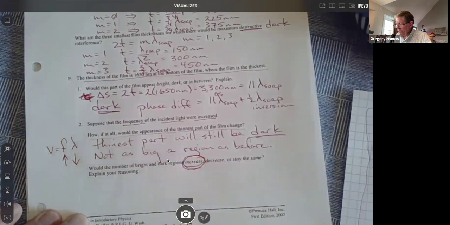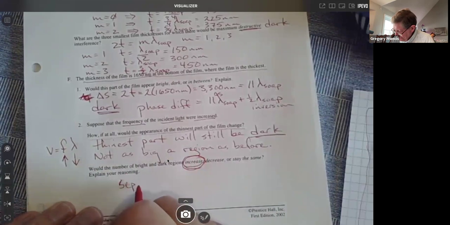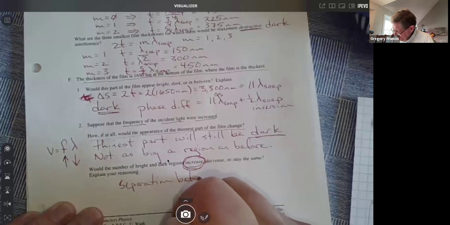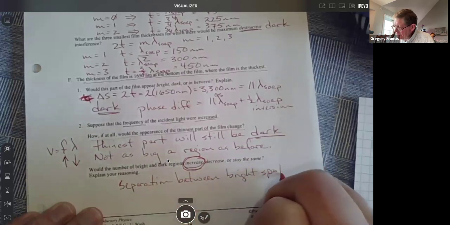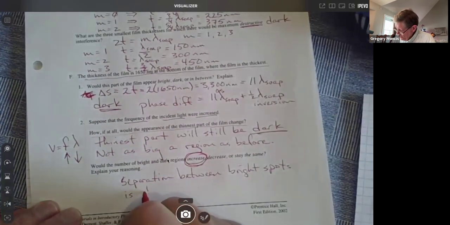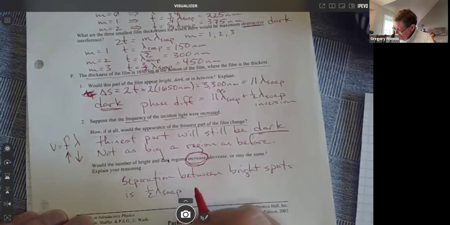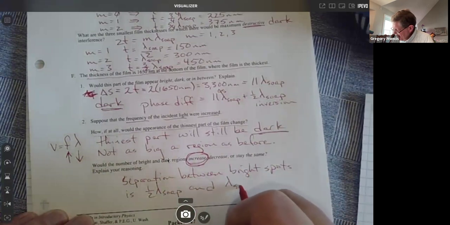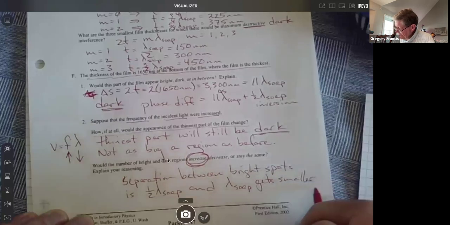Again, the separation between bright spots is 1/2 lambda in the soap, and lambda in the soap gets smaller. Okay,